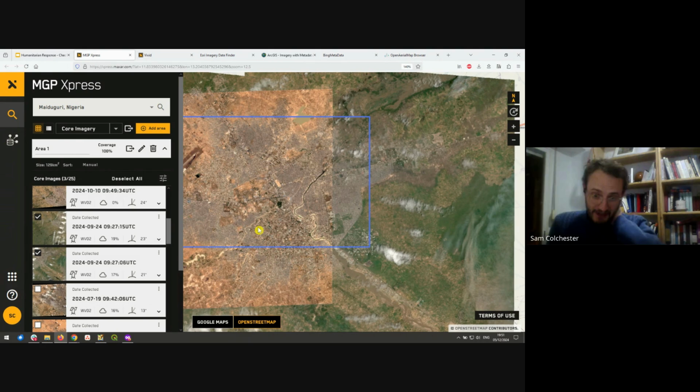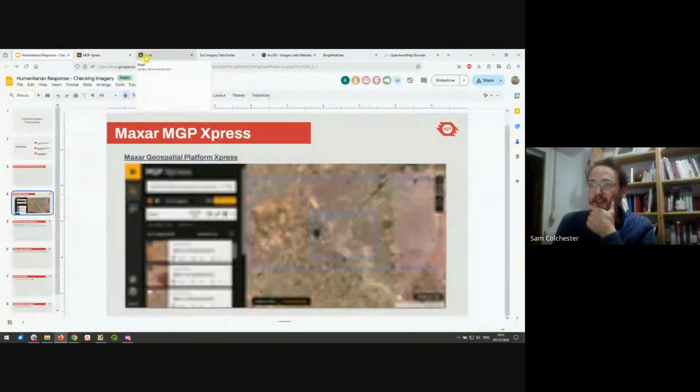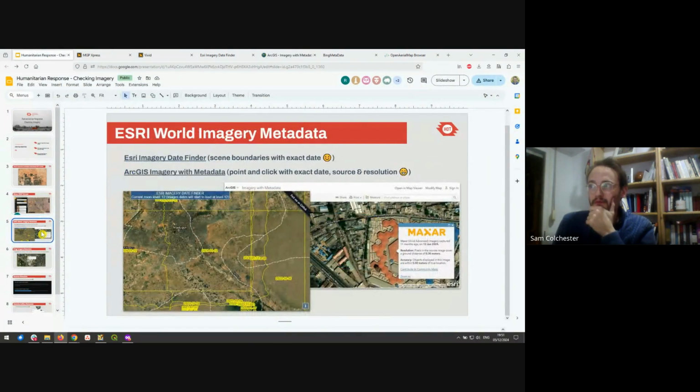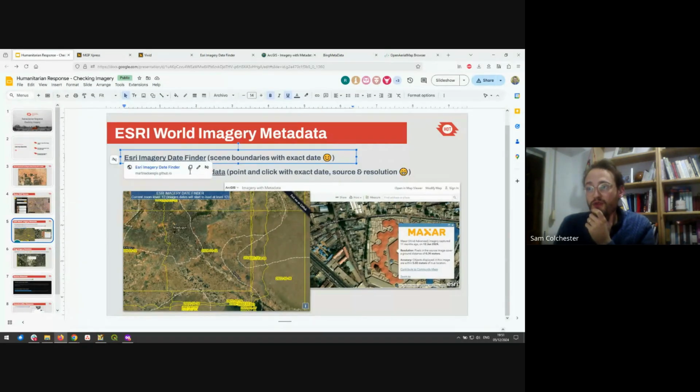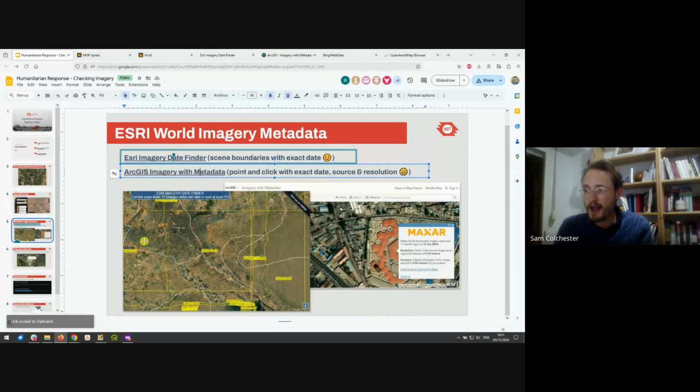I discovered something which is probably obvious to other people. Esri's world imagery and its metadata seemingly has improved a lot in the last year or months. So there's two links I'm going to share with you. One of them is a bit older, you might be familiar with. Another one I didn't know about till recently,